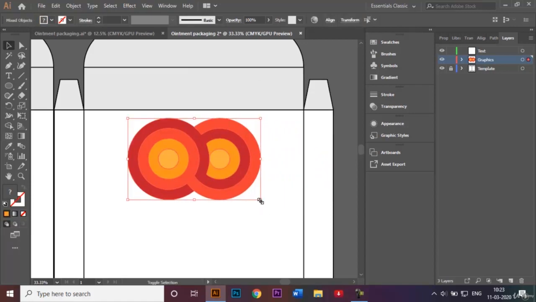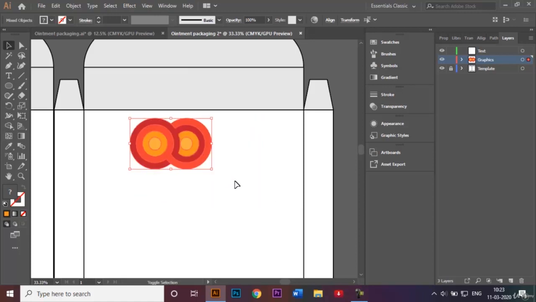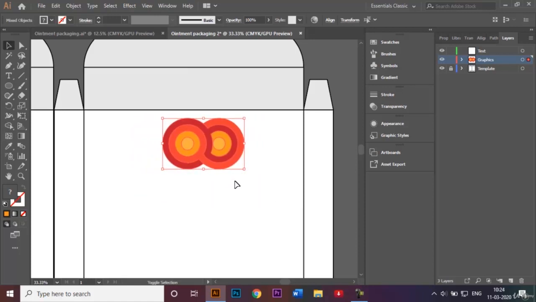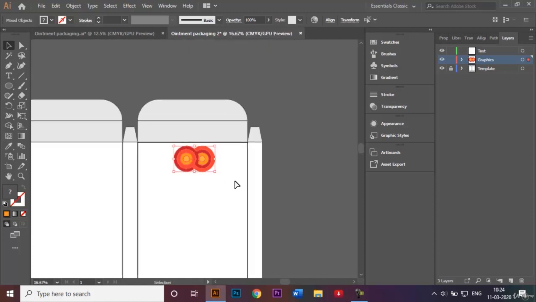Select this and resize this a little bit like this and bring it to the top like that. Okay, so now once that's done,